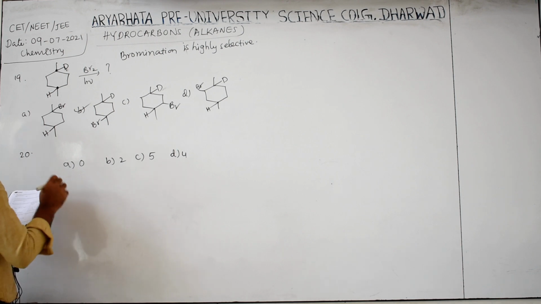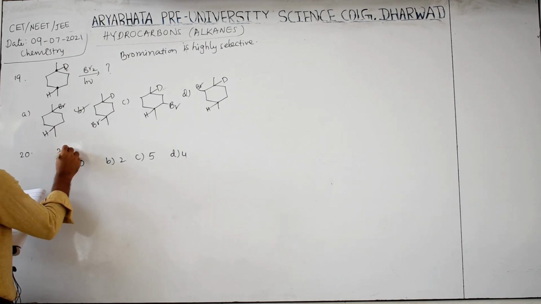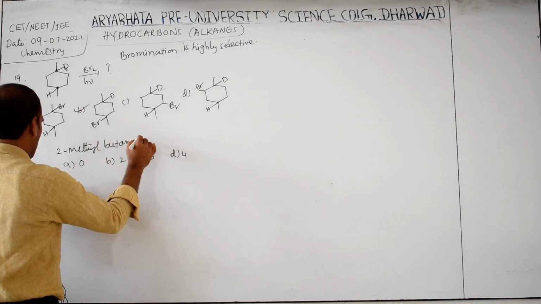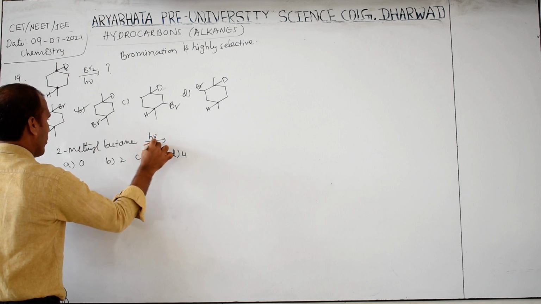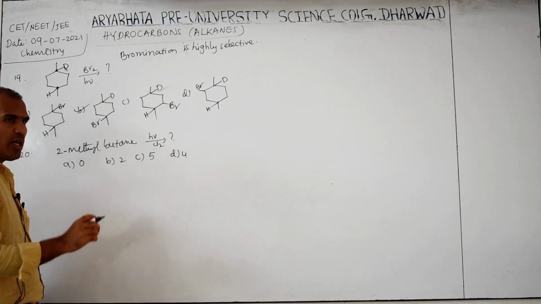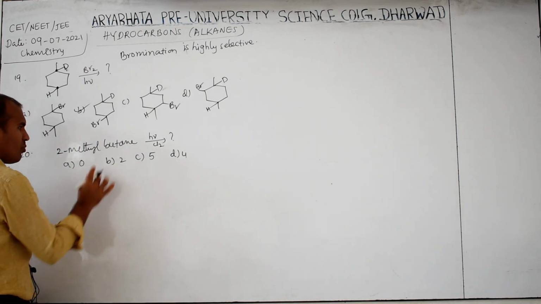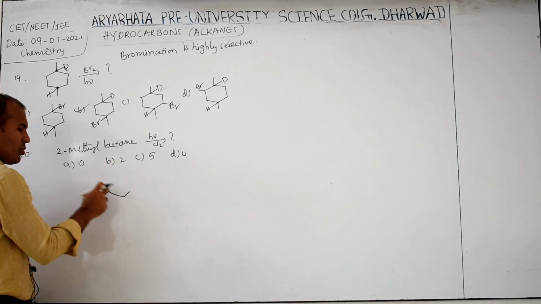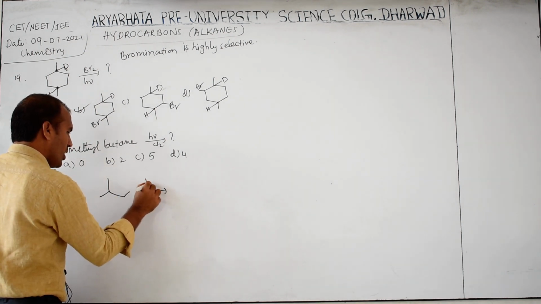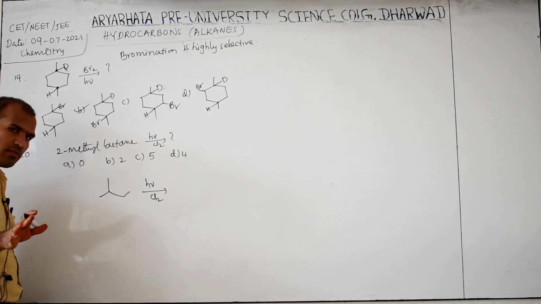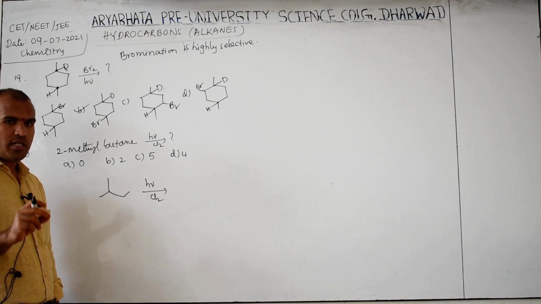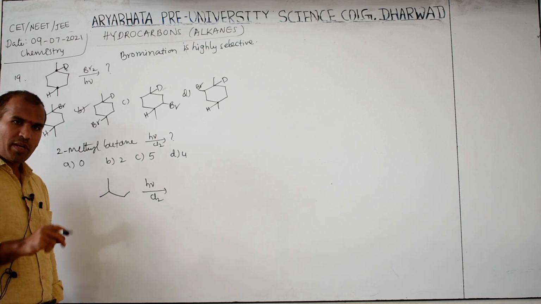Okay. Now here they gave the compound 2-methyl butane on chlorination in presence of h nu. Then compound forms. Then how many enantiomeric products form, that we have to calculate. First write the reaction. Butane means how many carbons? 4 carbon. 1, 2, 3, 4. This is 2-methyl. Okay. Now I already told you that chlorination takes place at all carbons, but bromination takes place selectively, at the one which is stable. Generally tertiary, secondary, primary.